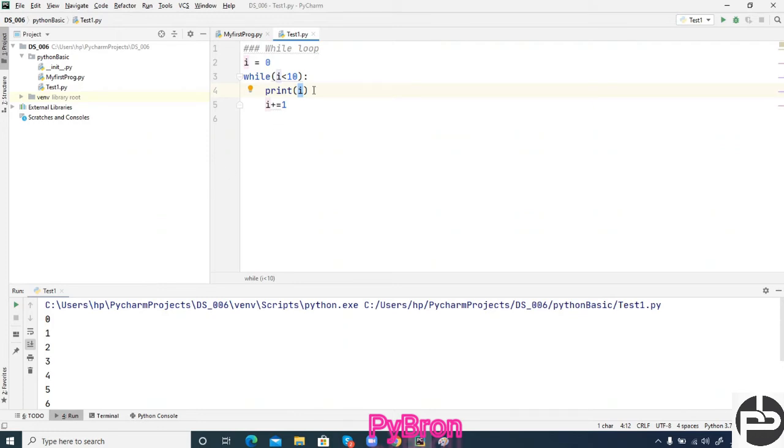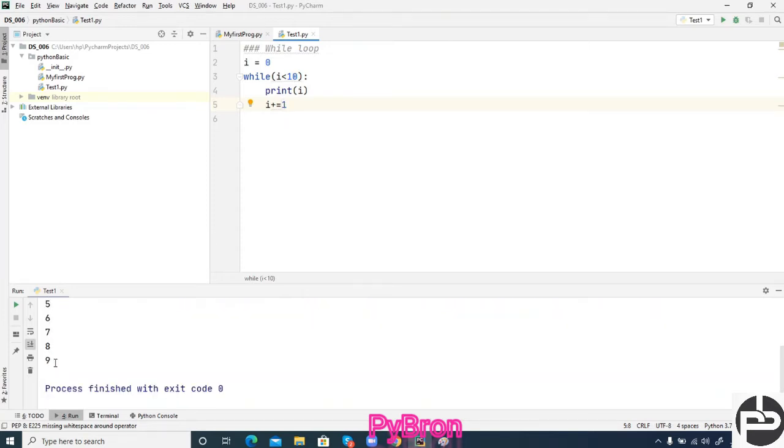And next time again, i, which is 1, will be added by 1, so the new value of i will be 2, the condition is true, so it will go and print there. Got it? So it will happen till 9, and once it reaches 9, 9 is again added by 1, it becomes 10. 10 is not less than 10, 10 is equal to 10. That's why the condition failed, and it came outside from the loop. Got it? Don't you think so?